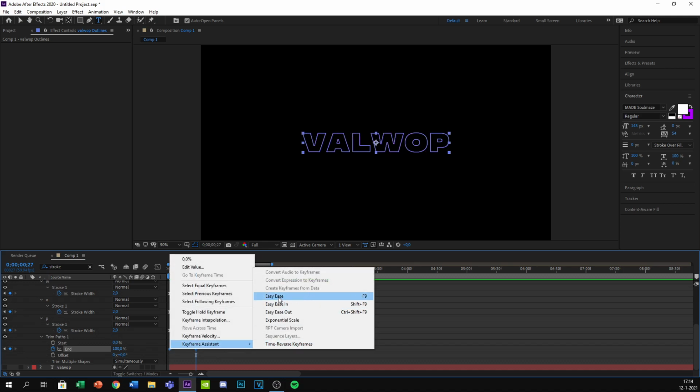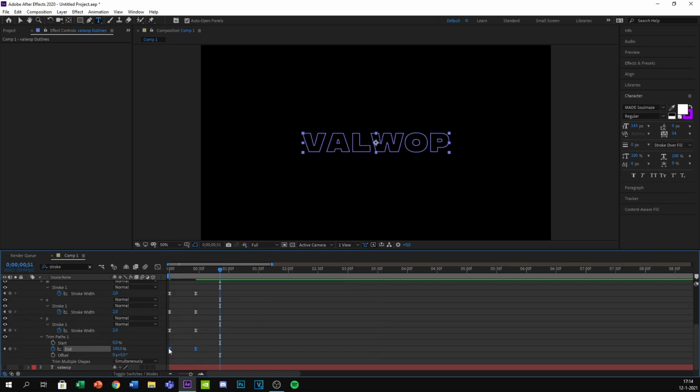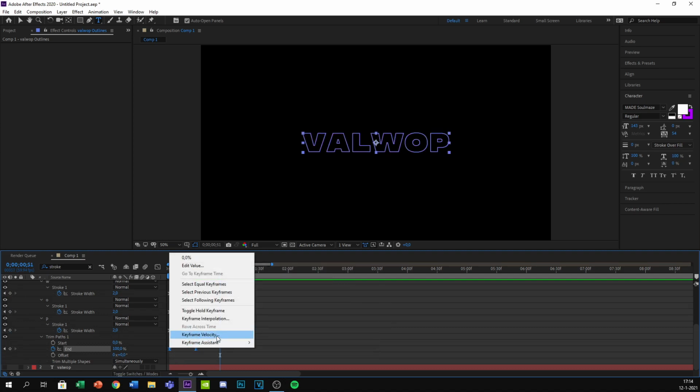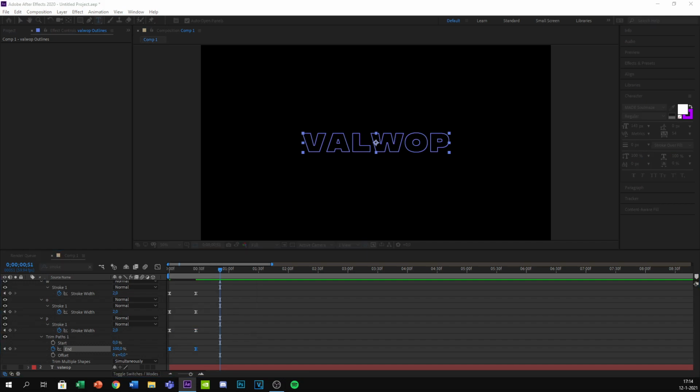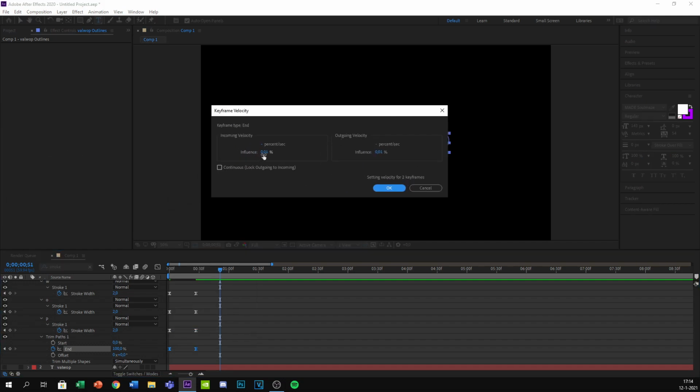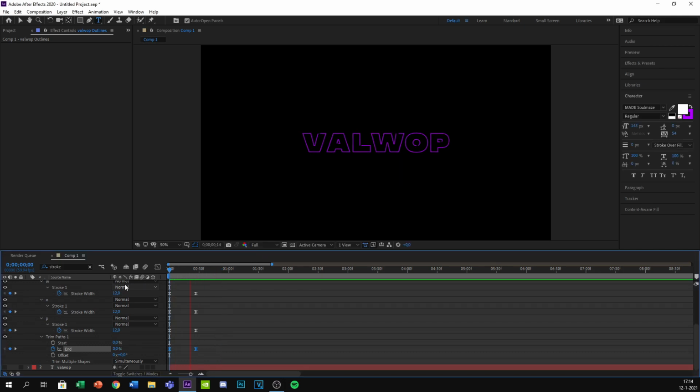Select both of those trim path keyframes. Go to Easy Ease. Select both, keyframe velocity. This shows up. Put the influence to 100 and the incoming 100, outgoing 28. That's the text. It's a bit too fast.